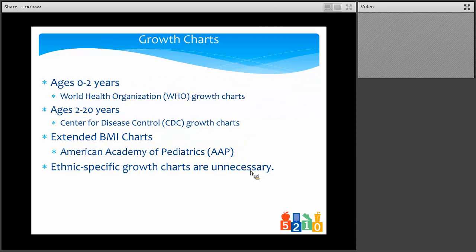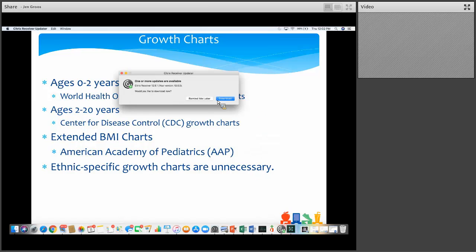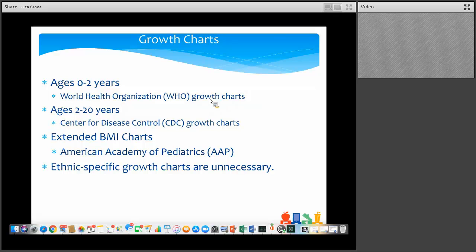So starting with growth charts, between the ages of 0 and 2 years of age, it's recommended that we utilize the World Health Organization, the WHO growth charts. And then between the ages of 2 and 20 years, it's recommended that we utilize the CDC, or the Center for Disease Control growth charts. Additionally, we want to make sure that you understand that there are extended BMI charts for children. So those children